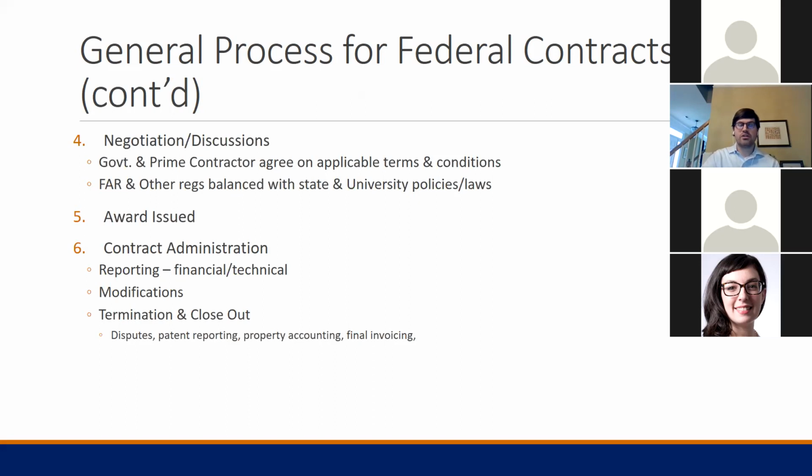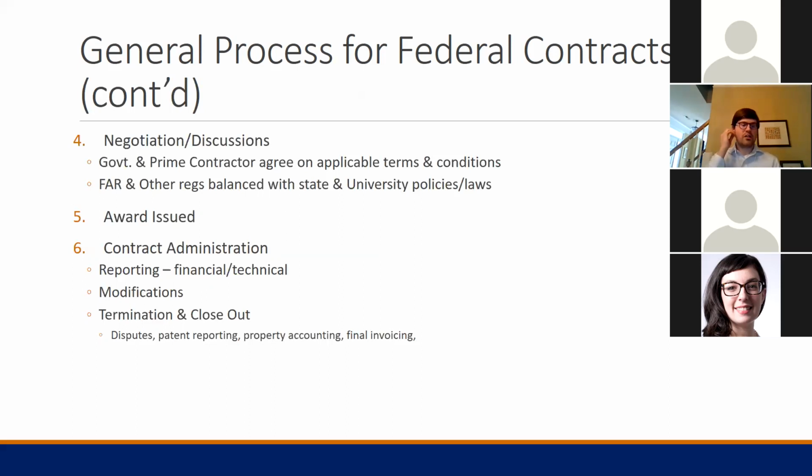There are situations, again, as I mentioned previously, that the federal government could go straight to an award, and in that situation, it may only be executed by the contracting officer, and so there is no signature from the university party. And really, at that point is usually where the contract gets handed off and moves into the post-award stage,